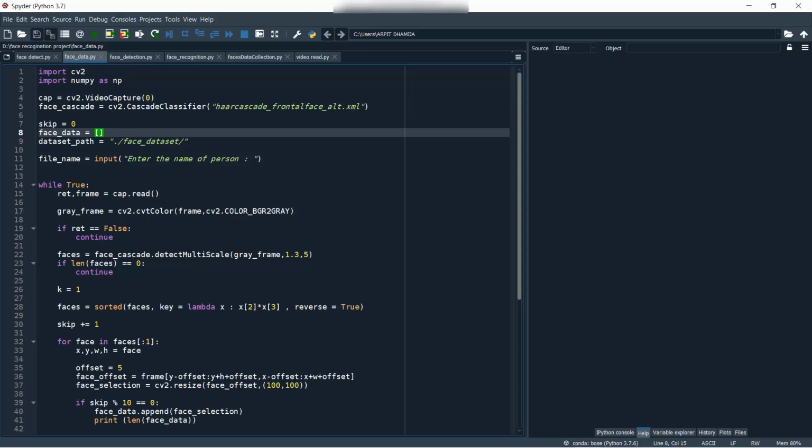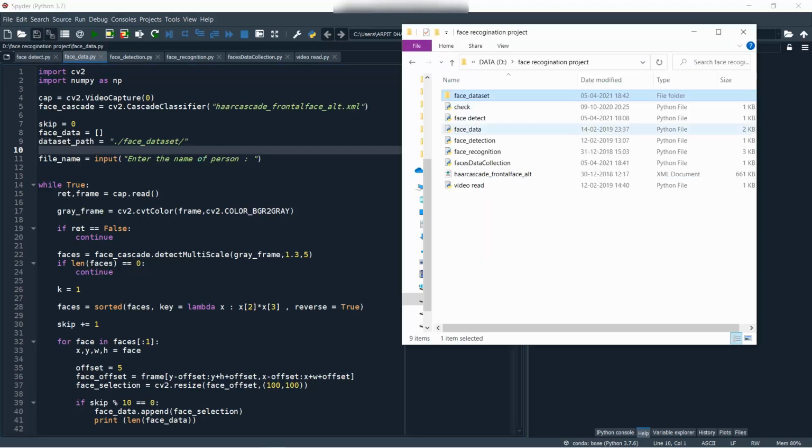And this dataset path is face dataset. This means that the faces we are storing have to be stored in the computer's memory. If I open my camera and store my face, my computer has to save that face in a file in a particular folder, right? So I have created this folder here.